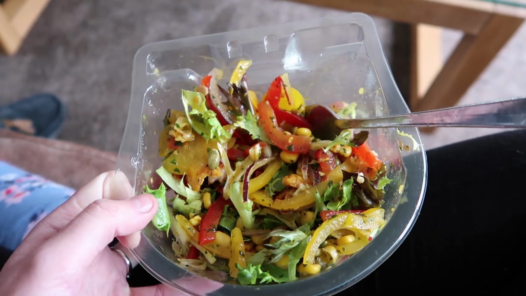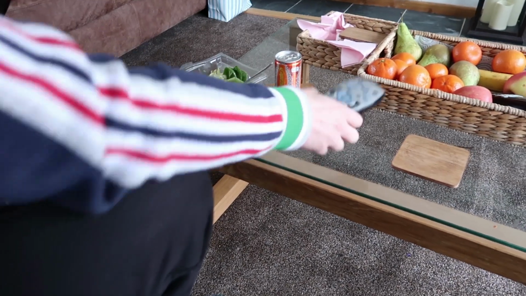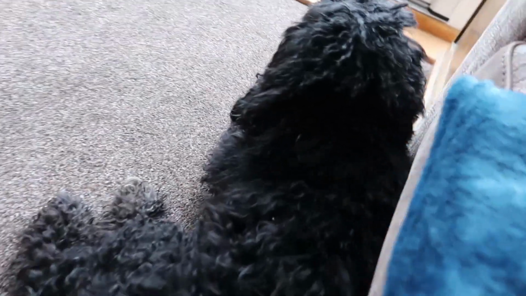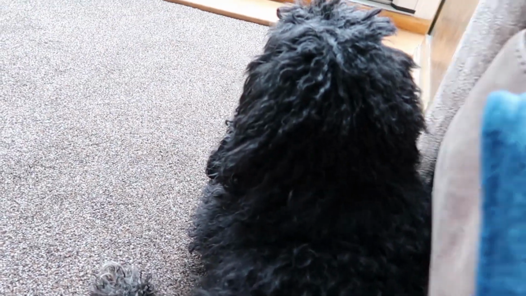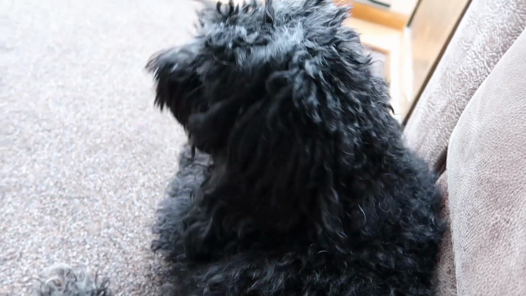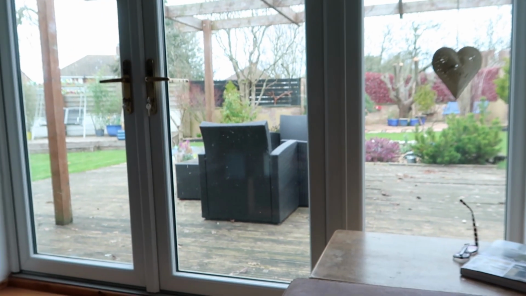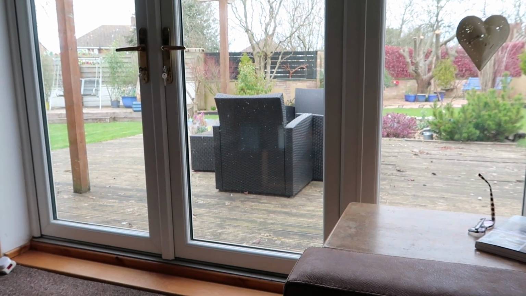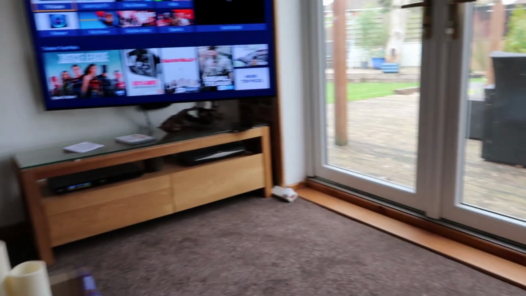I have got a chicken and mango salad for lunch, and Darby's got a chicken pesto salad. Got a little dog here. Lottie Lee. Lottie. There she is. Saying hi. Just gonna watch a bit of telly. We were gonna go outside, but the sun's gone in, so it's quite cloudy now and cold. So we're just gonna watch a bit of telly and eat this, and then I'll get back to work.